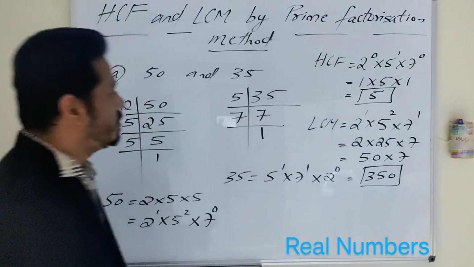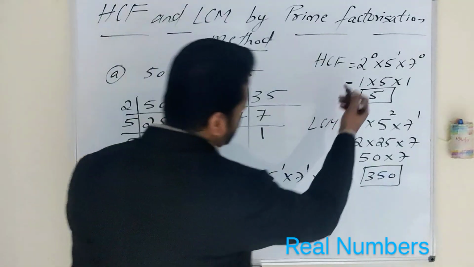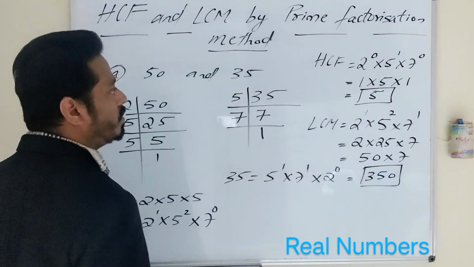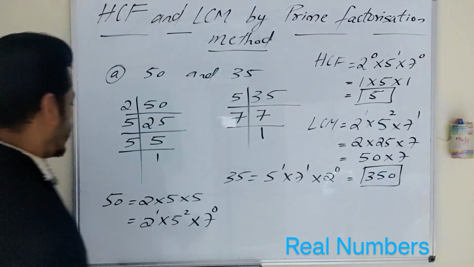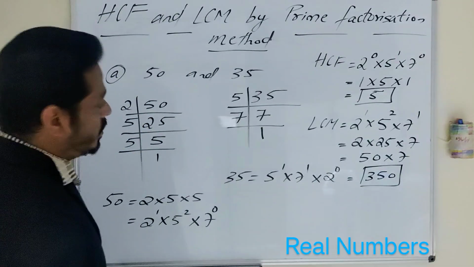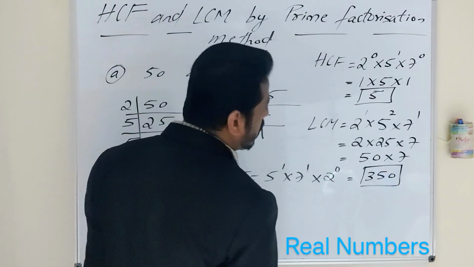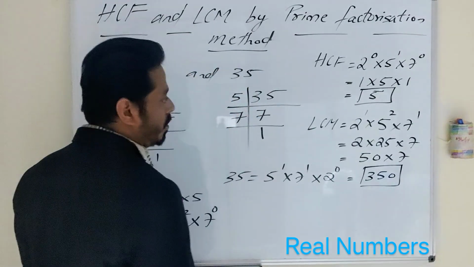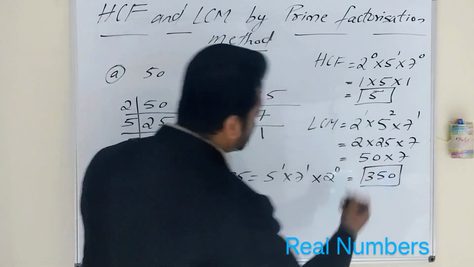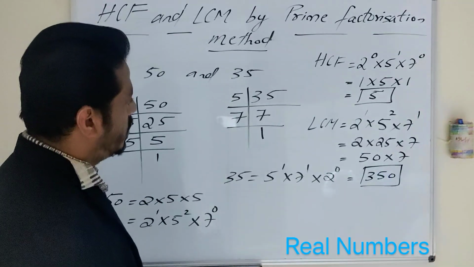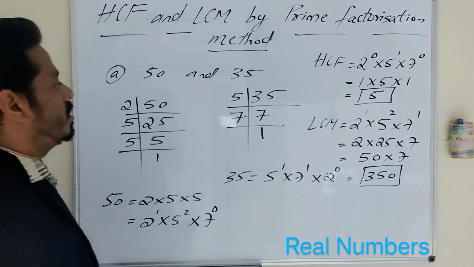So while writing the HCF, you have to consider the factors with the least power and multiply those factors, and you will get the HCF. And while writing the LCM, you are going to consider the factors with the highest power and multiply those factors, then you will get the LCM. So this is how you are going to find HCF and LCM by